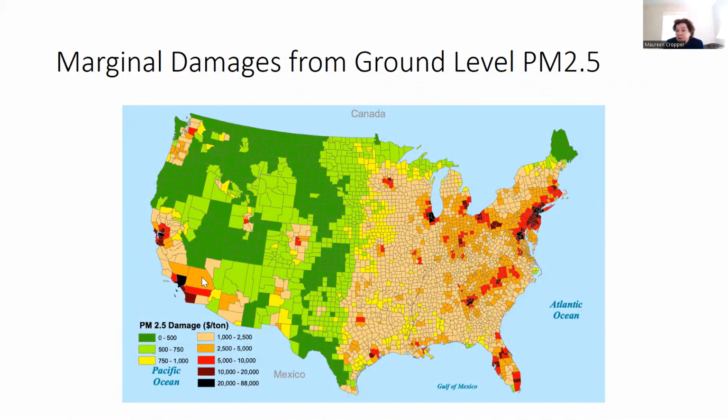Not as many people are exposed to it. But what is being calculated here is, for emitting that ton at each possible place, each possible county in the US, the authors have calculated what the damages are from that ton. Not surprisingly, you can see very large damages in densely populated areas like the New York metropolitan area, Chicago, parts of Florida, and so forth.